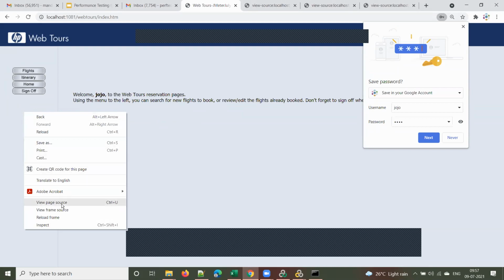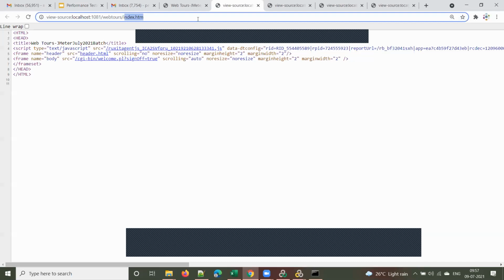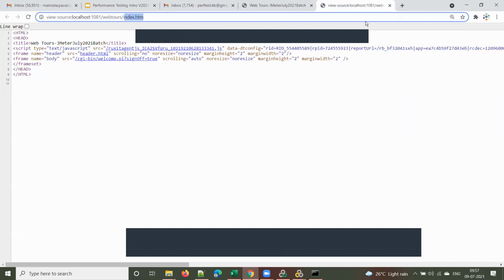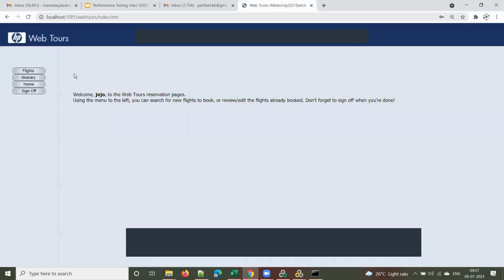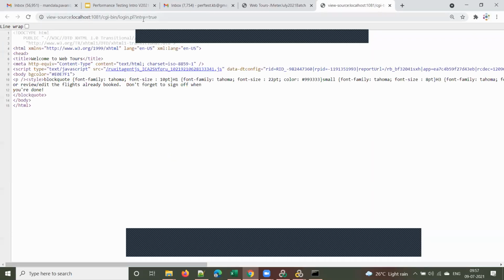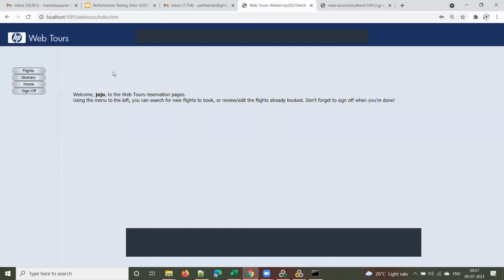Again, if you right click here and view frame page source, you'll get a different thing, index.html code. It is showing index.html code, isn't it? Yes, sir. And if you right click here and frame source, let us see. This is login.pl code, right? This part, this frame, is made up of login.pl.